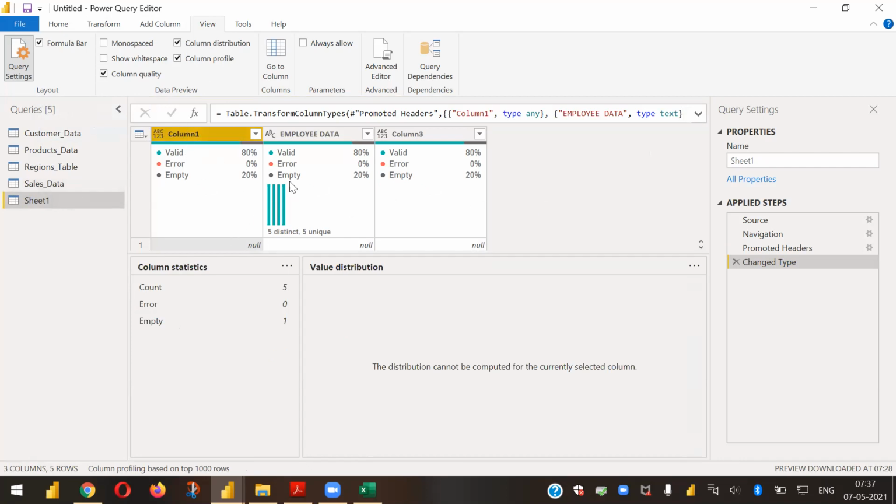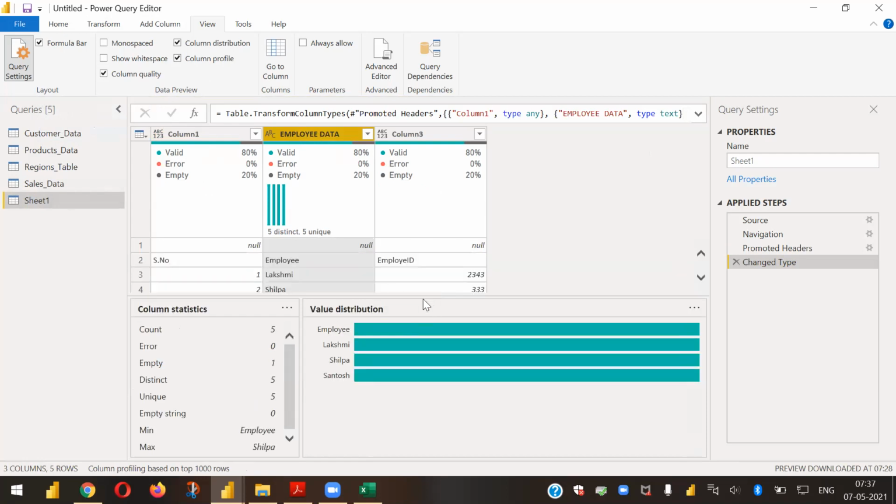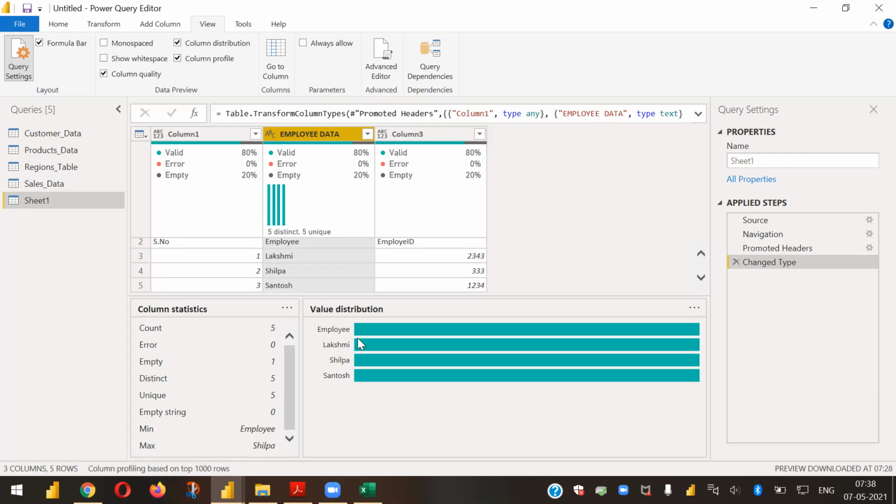If I click on the second column, it tells me the total count is 5, the errors are 0, empty is 1, distinct values are 5, unique values are 5. Maximum it gives like Shilpa. So it gives me max and minimum values and the same in the distribution. These are just for understanding your data.